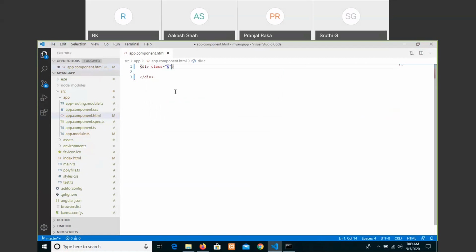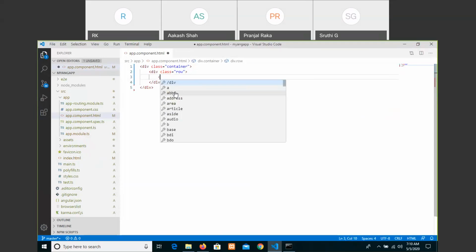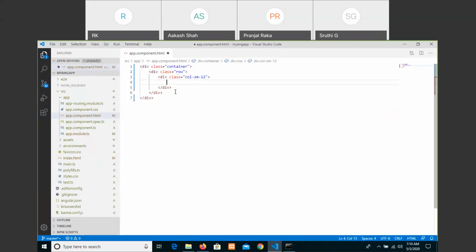Div class container, and div class row, div class col-sm-12. Okay, let us write just a sample matter.